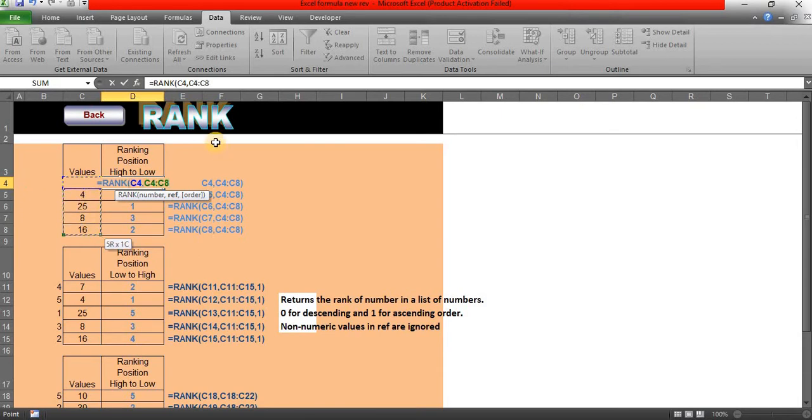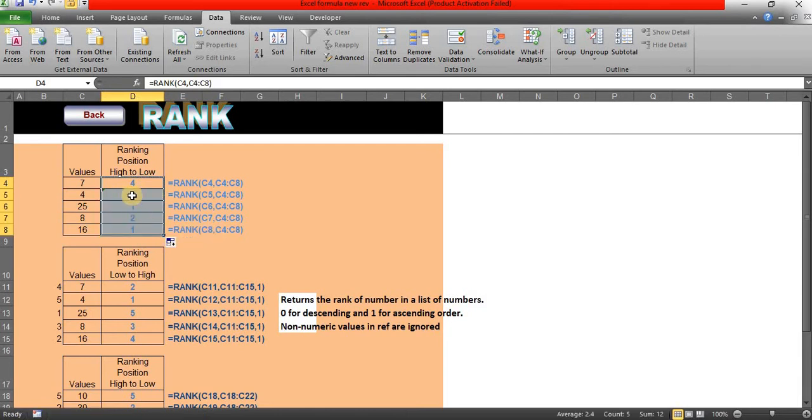Then close the bracket. Within that, you need to lock the formula. Locking the formula here is very, very important. If you are not locking the formula, I'll show you what will happen. As of now, I have not locked the formulas, so it will change the values.